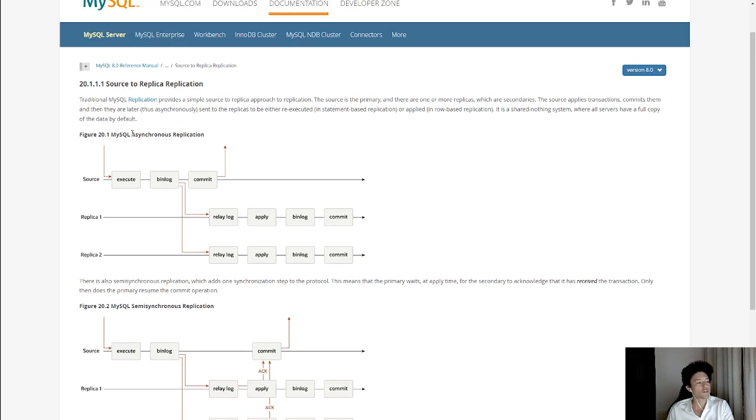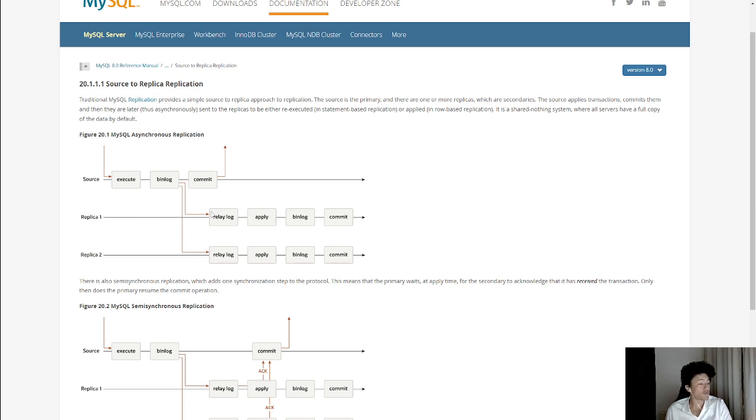There is the asynchronous way and there is the semi-synchronous way, and I think those two are very interesting examples. The asynchronous replication happens when we execute, let's say, the insert. We add the insert into the binary log on the source. It gets propagated to the relay logs, but at the same time we commit. We don't wait for the relay log to apply, we don't wait for the update to be applied on the replicas. This is fully asynchronous. And then the statements will be re-executed